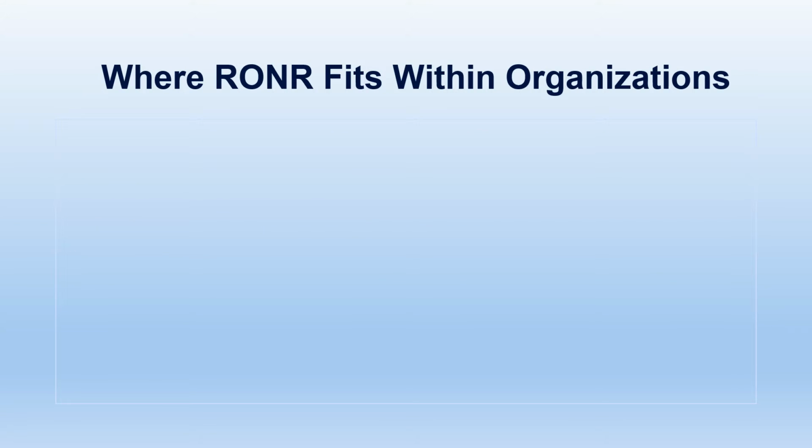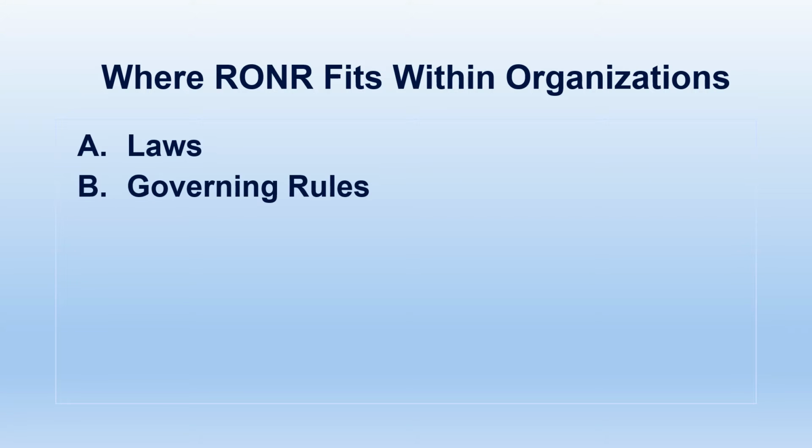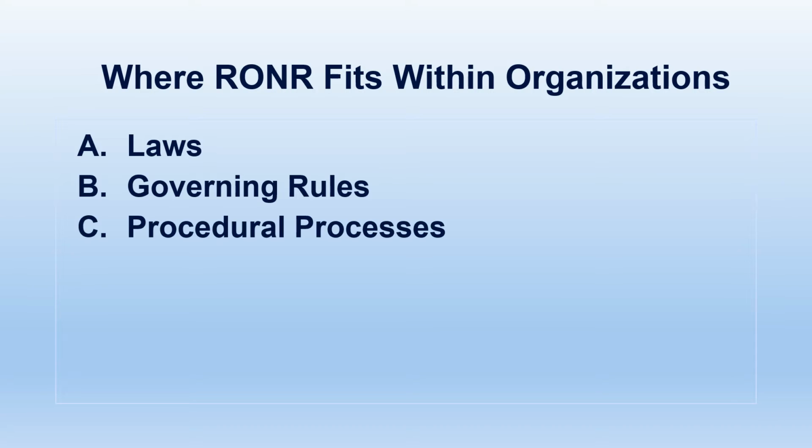Where does RO&R fit within organizations? First, organizations must follow all local, state, and federal laws. Next, organizations have governing rules that are embodied in their bylaws. Often, states have requirements concerning necessary components of bylaws, and sometimes these bylaws mention Robert's Rules, but not necessarily. In terms of procedural processes, the main thing is that organizations have processes. It isn't necessary they follow Robert's Rules, but they should have some understanding about how they're going to conduct meetings